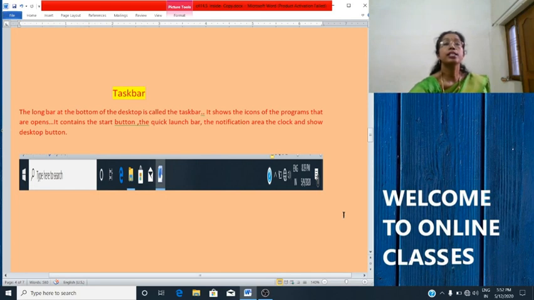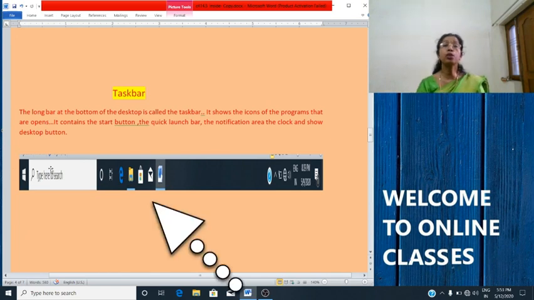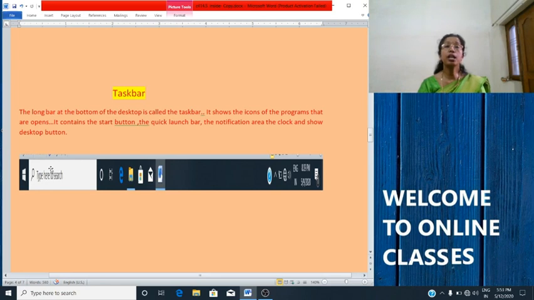It contains the start button, quick launch bar, the notification area, the clock and show desktop icon. So a taskbar contains start button, quick launch bar, notification area, show desktop icon, clock, etc.